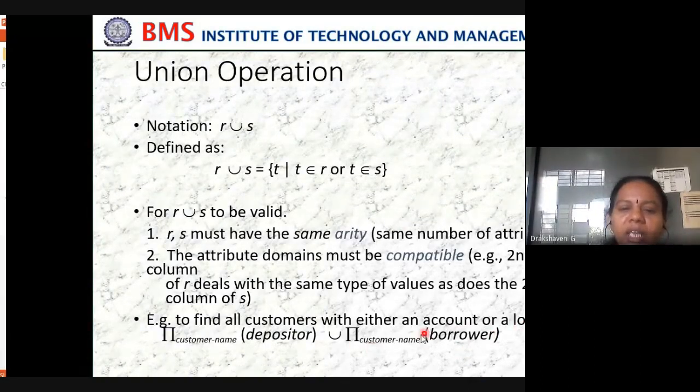In both, I want those customer names who have an account and who have a loan. So which column do we want? We want customer name from the depositor relation, and in the same way, who has a loan in the borrower relation. Combine both of these using a union operator.